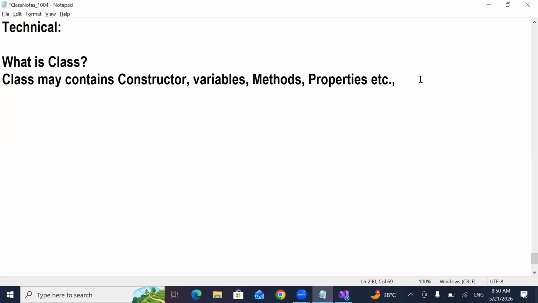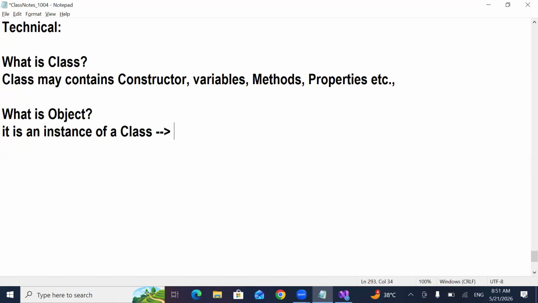Now, what is an object? Simply, people will say, technically, it is an instance of a class. Am I right? If you ask anybody what is an object, it is an instance of a class. What instance is it going to create?